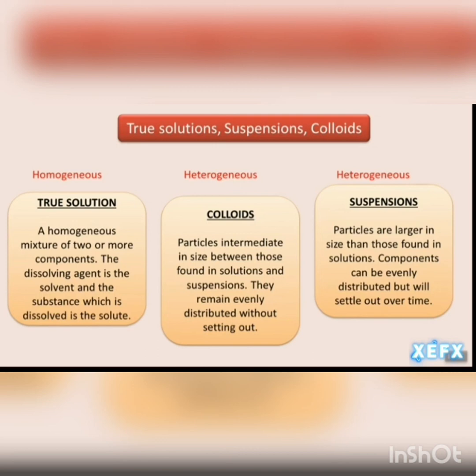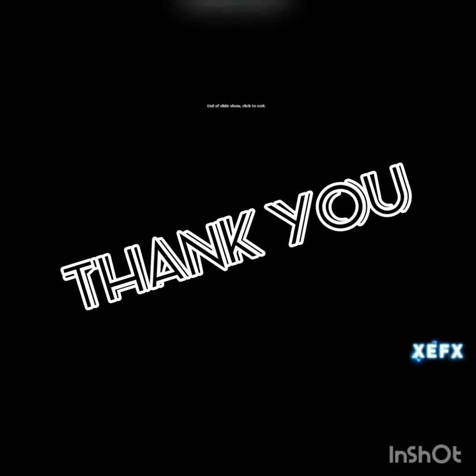So colloids are intermediate in size between those found in solutions and suspensions. They remain evenly distributed without settling out. These colloids are particles intermediate in size between those of solutions and suspensions. Suspensions are the same. So kindly study, dear students. If you have any doubts,